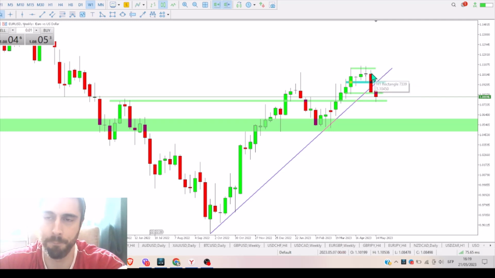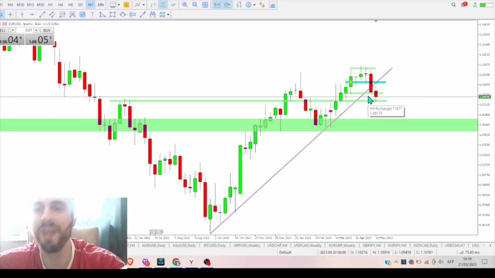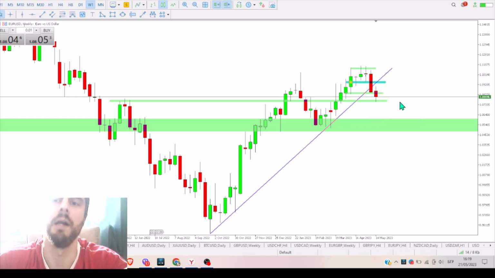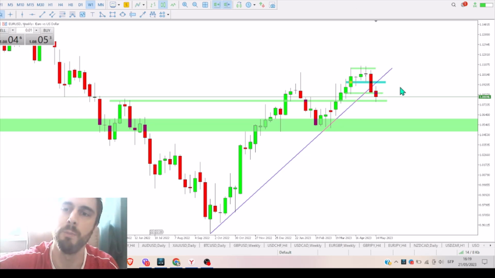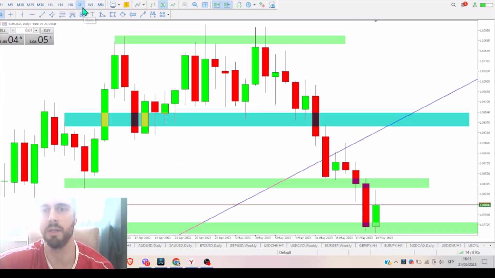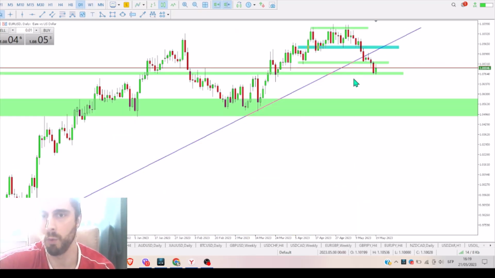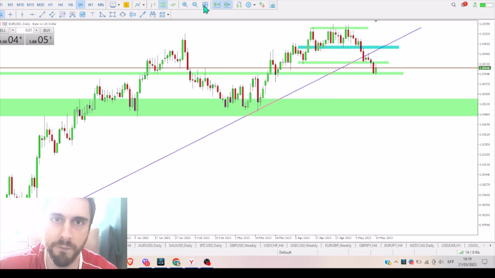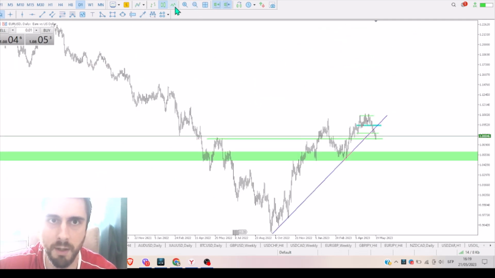Here is the rejection the previous week, and this week we have a little bit of continuation to the downside. So what we now can expect is a little bit more of a push to the downside since we are rejecting these highs. If we go to the daily chart, we can see the chart even more clear with the daily support and resistances. So price found a little bit of support here, and as you can see it has been